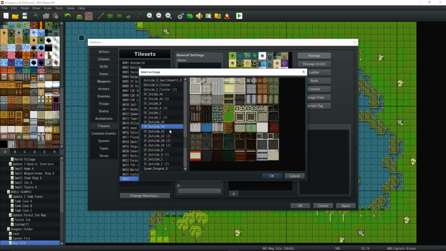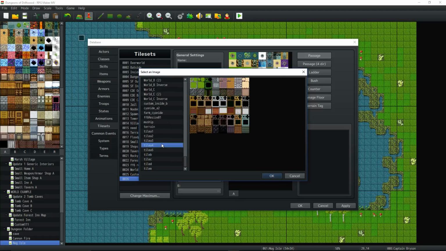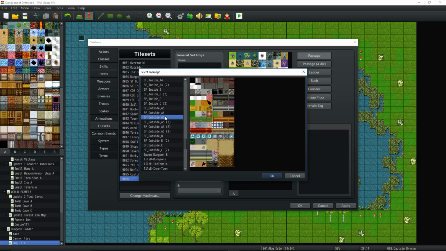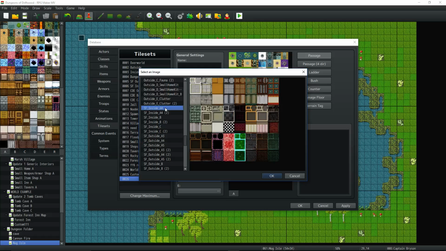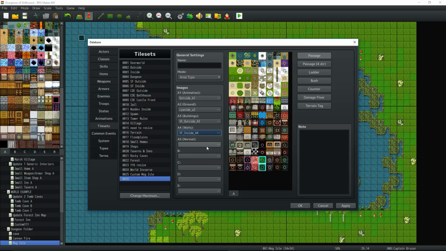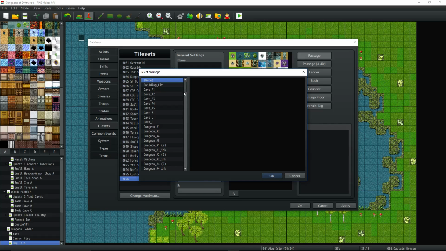And that would be our outside A4. Okay, so let's go ahead and take this inside A4. Boom. And now we need our A5, which is basically